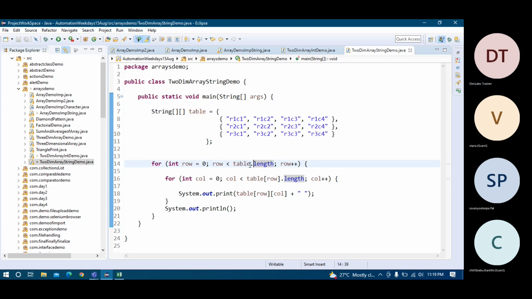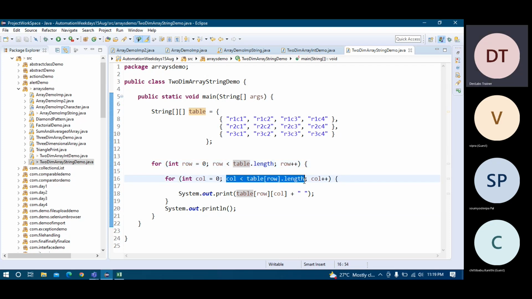This is for row, so it will take the row here, and then the inner loop is for columns. In every row we have 4 columns, so it will go up to that, but I am putting the same formula over here. In that case I can skip that part. Instead of that I can use a particular column as well, that should be okay. And here I am just using row and column. Just print it, so it will print. And once my one row is completed, then just break the line. So this is just a way of efficient representation of the output.